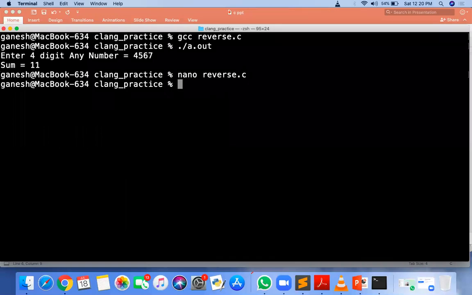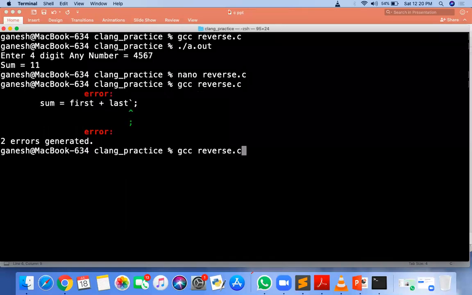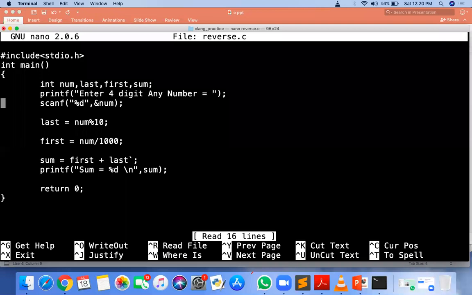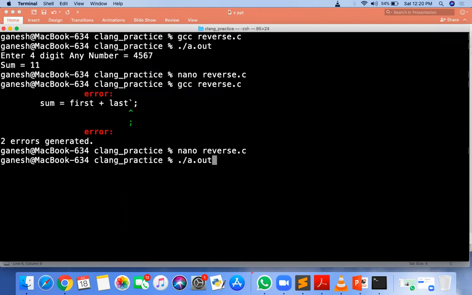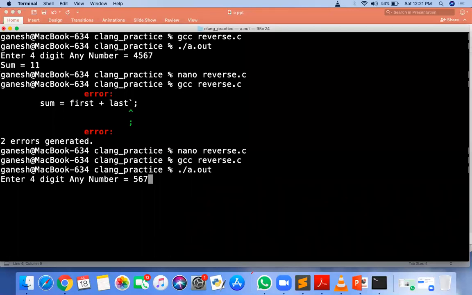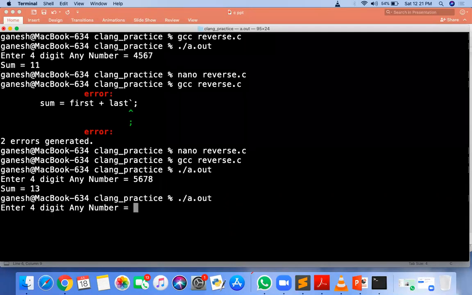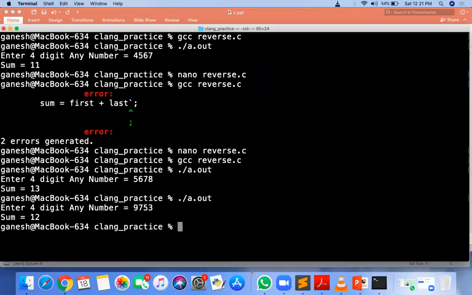So we'll check this output. My output should be 8 plus 5, 13. Sum is 13, correct. Sir, if it is a 5-digit number, then it should be divisible by 10,000, no, sir? Yes, it is divisible by 10,000.